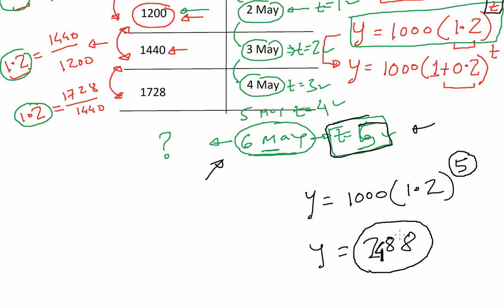This prediction might help you make certain decisions. It might help you increase your hospital beds accordingly and make your decisions accordingly. So that's it, and you can go through the other examples in the notes.